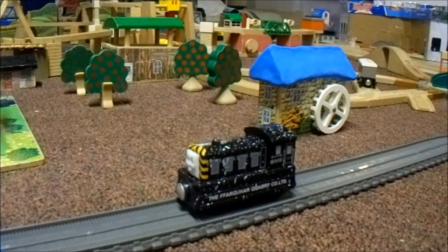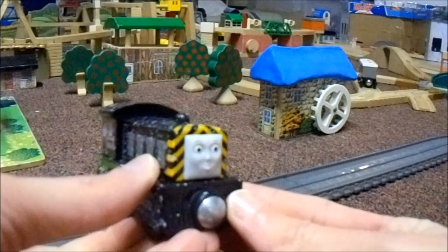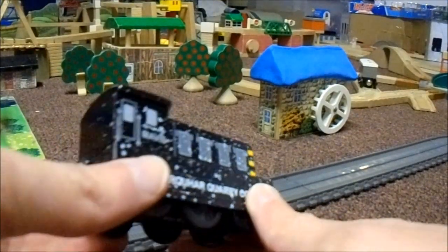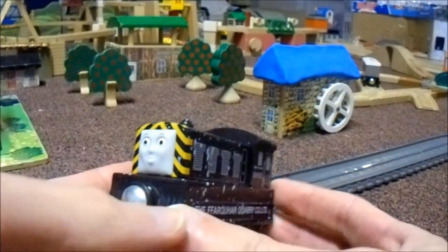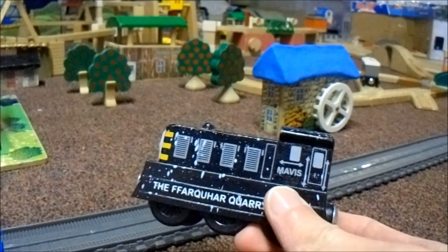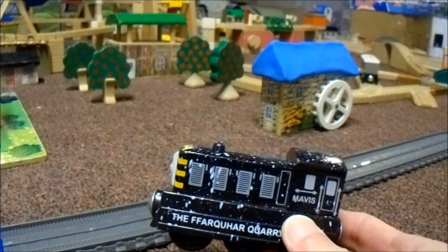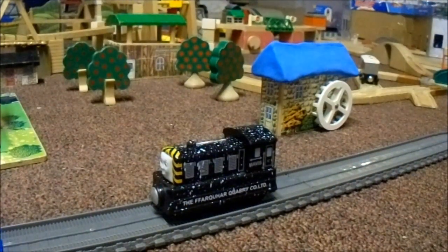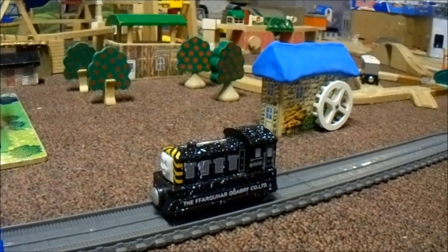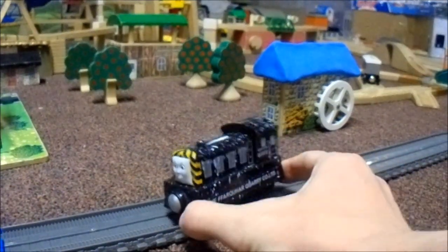I think that was what I saw in the images of this version of Mavis online. For quite some time, Mavis was just continuously being released in her original form in the Wooden Railway line, the 90s form, despite all of the different updates that the characters had, with them getting new looks in the Thomas Wooden Railway line. And it finally took them up to this point to make an updated version of